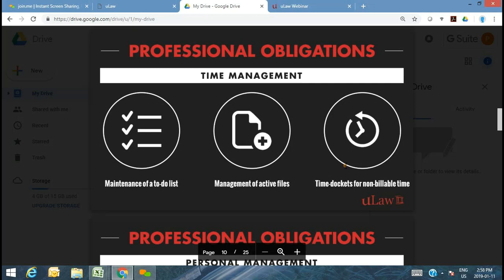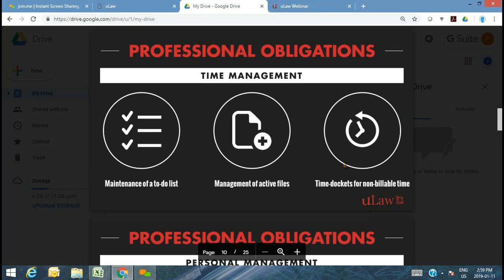So managing time is very important, and there are products and systems, software that's available. It could be part of your legal accounting software, it could be a separate calendaring software, it could be a tickler system, whatever it may be. Managing it through a process, system, software, very important to manage time. Some of the examples they provide you is maintain a to-do list. Very straightforward, right? It almost seems like I know this. But they say it nevertheless.